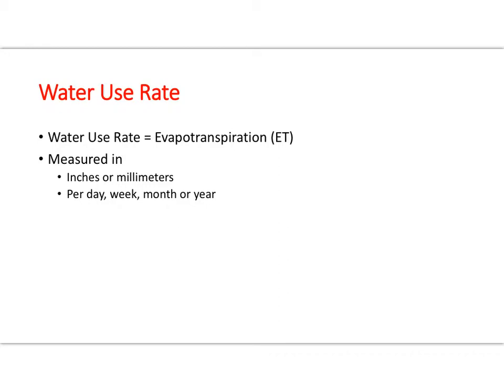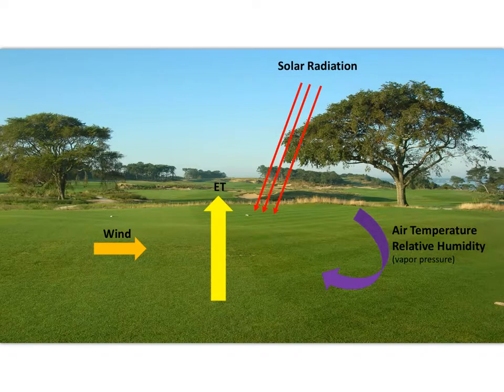Water use rates, also referred to as evapotranspiration or ET, are expressed in terms of inches or millimeters per day normally, but are given too on a longer basis, like a week or a month or a year. The primary factors affecting evapotranspiration, or ET, are sunlight, air temperature, relative humidity, and wind speed. These weather components determine the amount of energy present to evaporate water and drive transpiration. As sunlight, temperature, and wind increase and the relative humidity decreases, ET increases as long as adequate soil moisture is